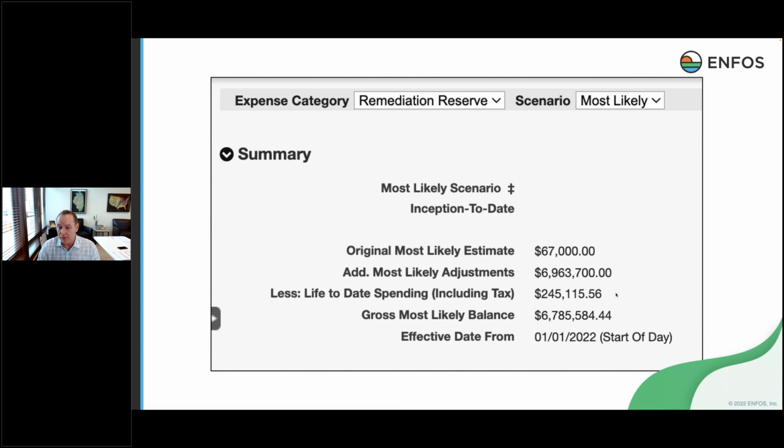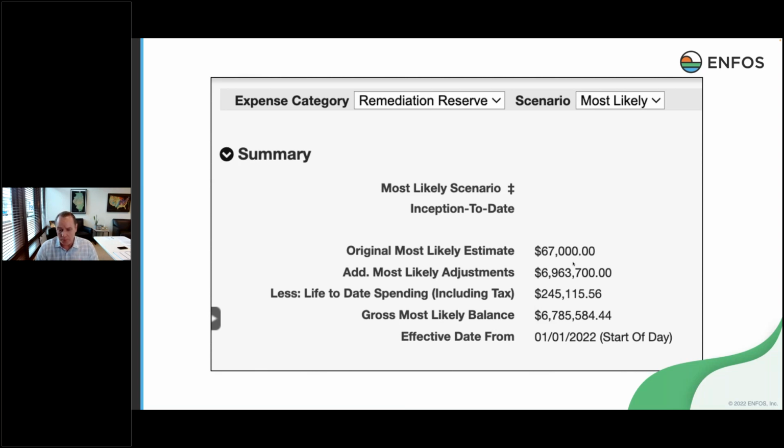So I've got $245,000 in actual spend. And here is the balance. So this is just doing the math, right? The good news is it's in real time and it's to the penny. So as I'm spending money, right, I'm drawing down from my plans, and my plans are an accumulation of estimates through time.